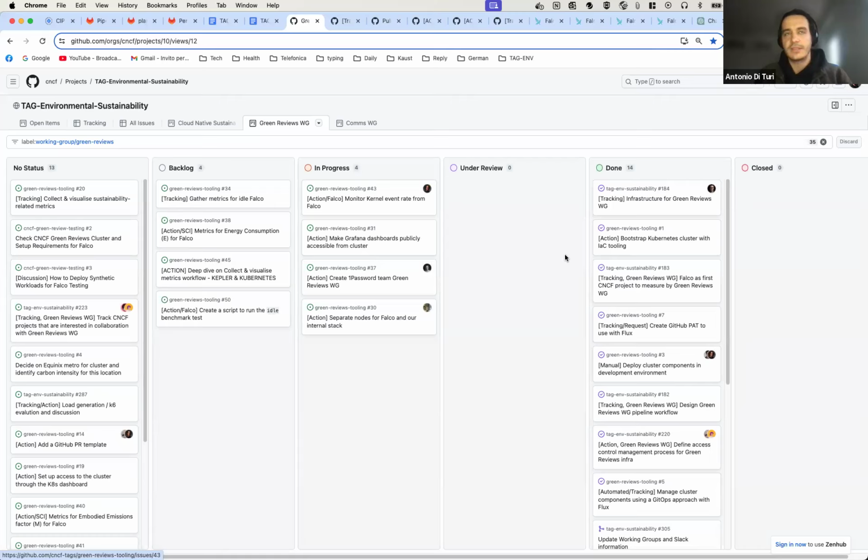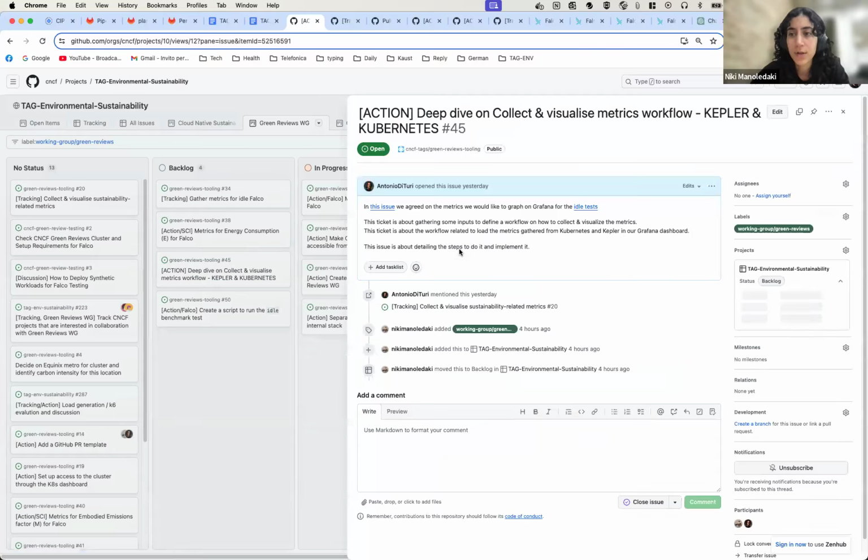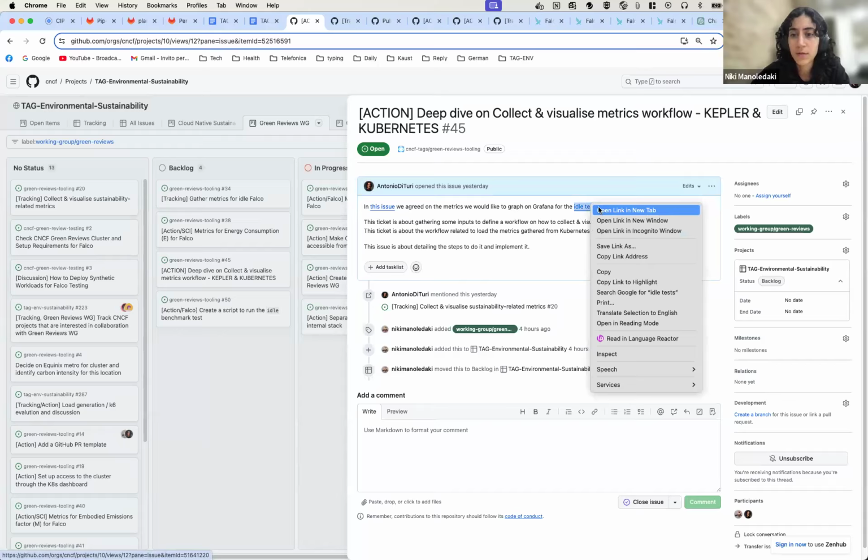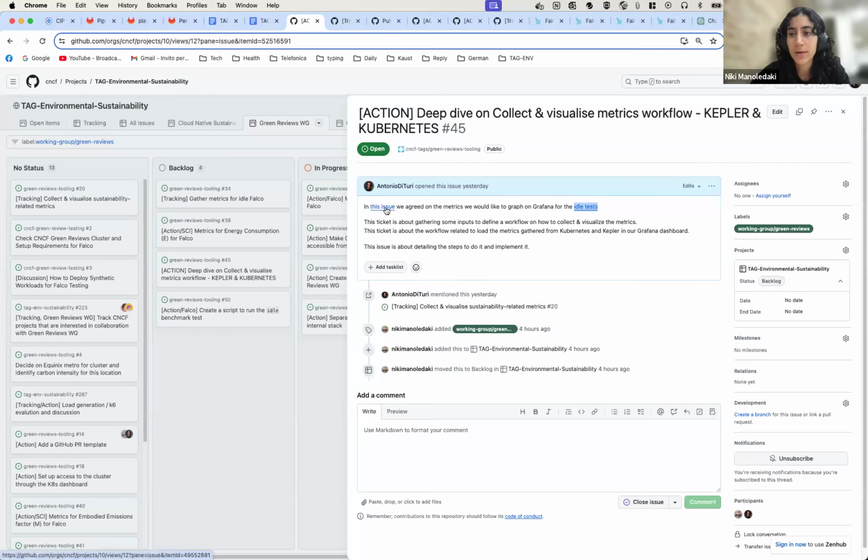This we can discuss, but maybe I would go with the last option, so that we have a simple dashboard where we can see only the 3-4 metrics we have selected with this issue here. It's just a big blob of JSON, so I think we can create a new dashboard and